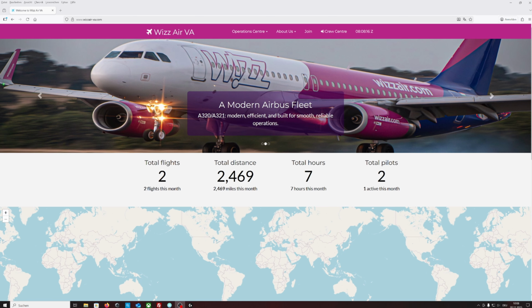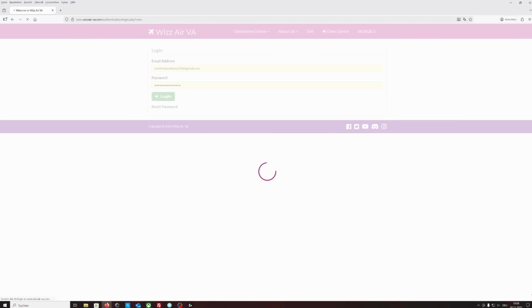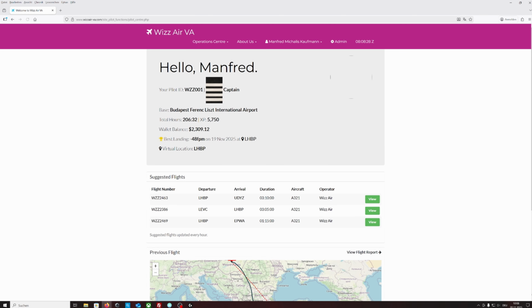First, of course, you visit our website, wizzair-va.com. Once you are on the website, go to Crew Center and enter with your information. You registered already, so use your email address and password. Once you are in, you get all the information in the navigation bar about the airline, pilot, leaderboard, statistics,